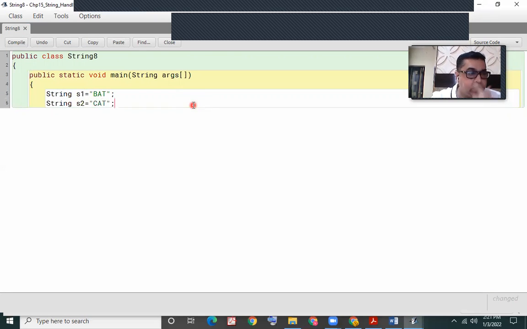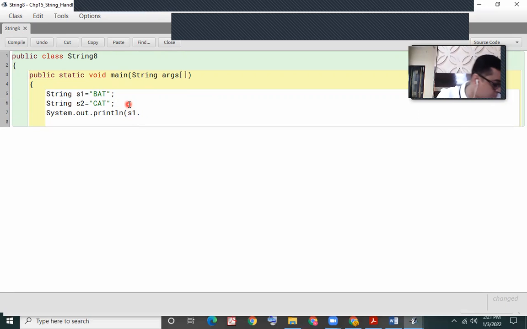Now notice the second and the third letters of both the strings are the same. The first letter is different, so the computer would compare the first letter here. System.out.println, I'm writing s1 dot compareTo, the method that we are learning today, which is going to compare the two strings.